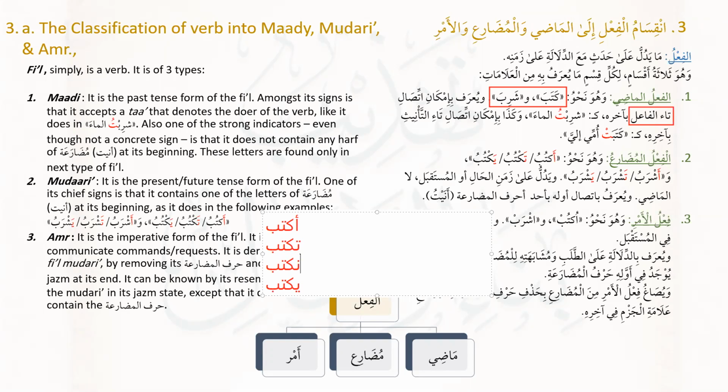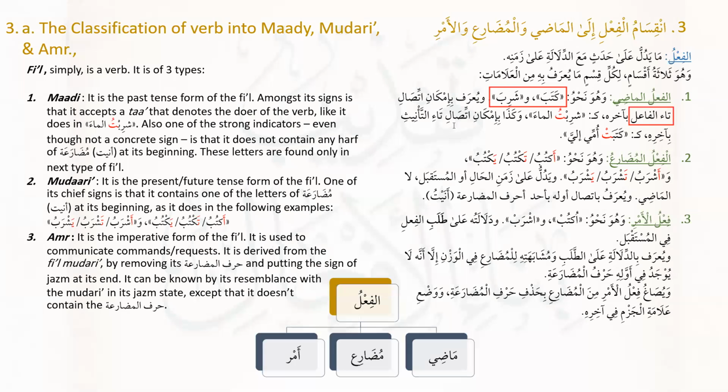These are things that will help you inshallah. Else, the primary way of identifying فعل ماضي and المضارع is by learning their different صيغ, and eventually you will be able to identify. You wouldn't have to depend on these علامات of تاء الفاعل and تاء التأنيث. You would be able to identify it just by looking at the context of the text بإذن الله تعالى. طيب, coming to فعل مضارع again.